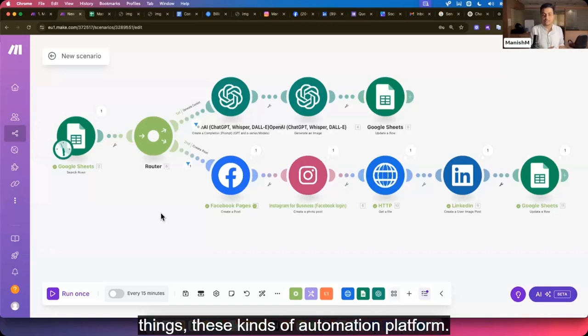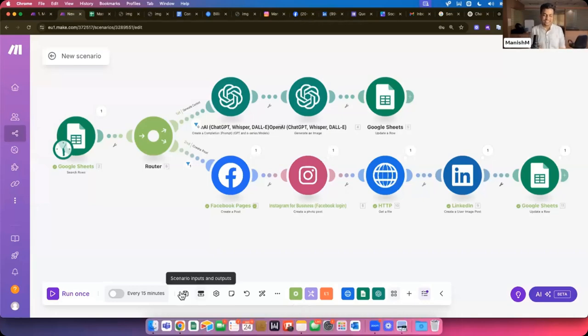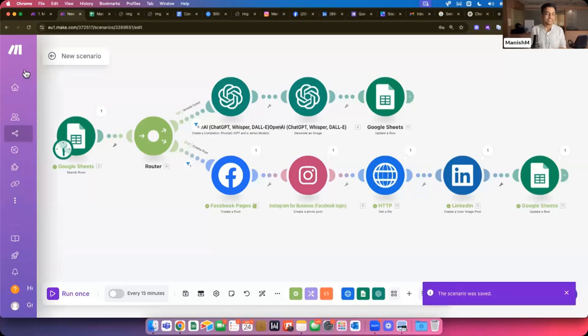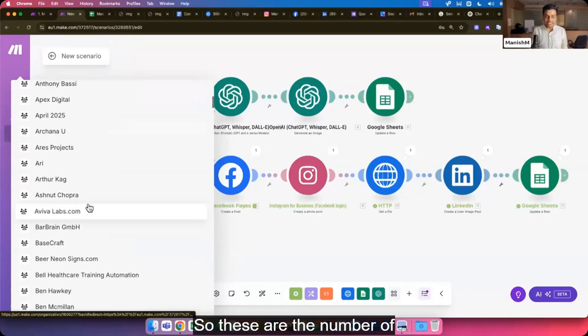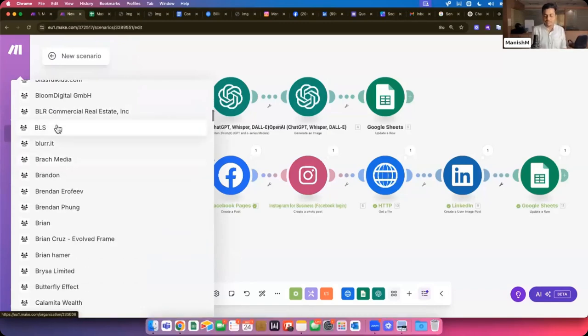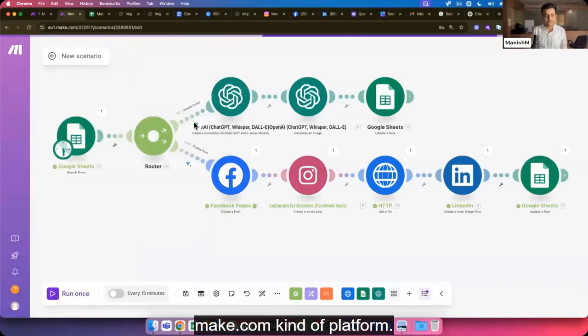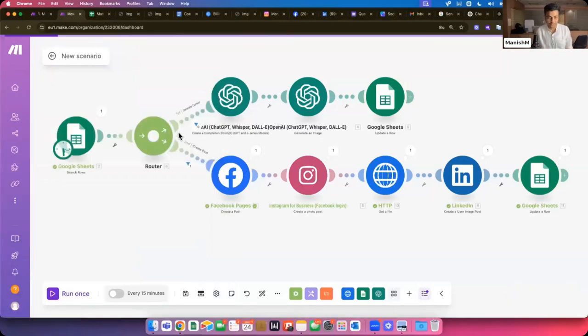Now I'm going to show you what is actual automation, and that will surely blow your mind. Like what automation is actually called. So be seated tightly. I'll show you some real examples of automation. These are the number of clients that we are managing on a platform like make.com. If I go to one of the client accounts